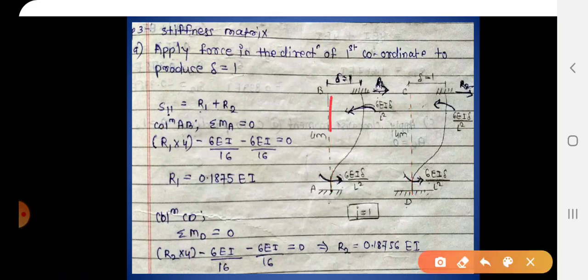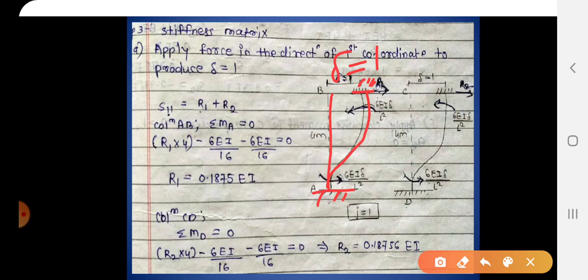Consider first the free body diagram of column AB. A is a fixed support, so it will remain over there, but B will get distorted to a new position and the deflected shape will be as shown in the figure. So delta is equal to 1. Now just concentrate on that. You can see that this is the case of sinking of support.